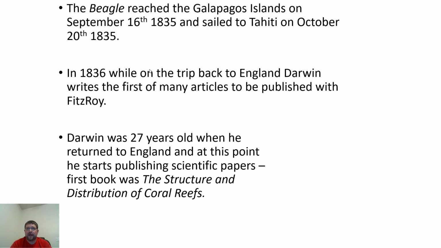Okay, so again, like I said, Darwin was 22 when he left England for the Voyage of the Beagle, and came back 27. He had numerous scientific papers that had already been in the works and just needed to be published, and he published them. And he wrote his first book. Most people don't know, but his first book was on the structure of atolls, or distribution of coral reefs, but it was really based on